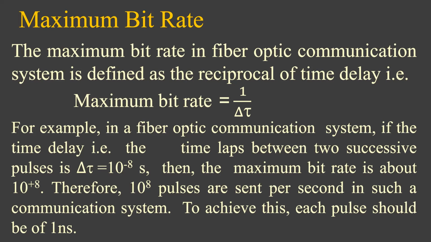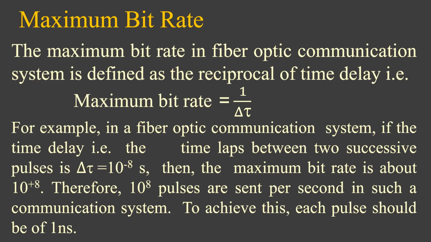So this delta tau is the time delay. So the reciprocal of time delay is called the maximum bit rate. For example, in a fiber optic communication system, if the time delay, that is the time lapse between two successive pulses, is delta tau equal to 10 to the power minus 8 second,